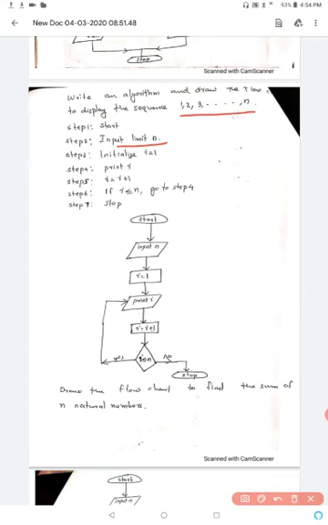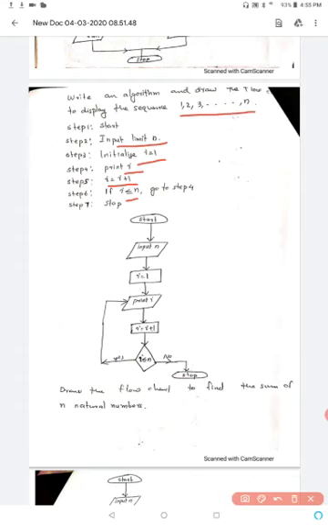We have to check whether we have reached the limit n. So one counter we can keep, that is I. I can be incremented after printing each number. So initialize I, initially the counter value is 1, then print I. So 1 is getting printed, then I gets incremented, I equal to I plus 1. Then we have to check the condition, if I less than or equal to n. For example, if n is 10 and I is now 1, 1 is less than or equal to 10, then again we have to repeat the same.